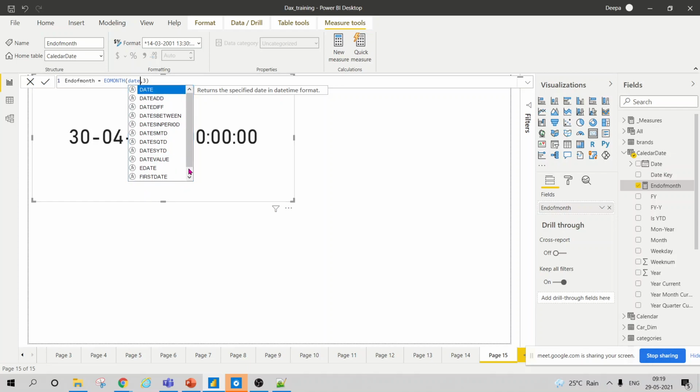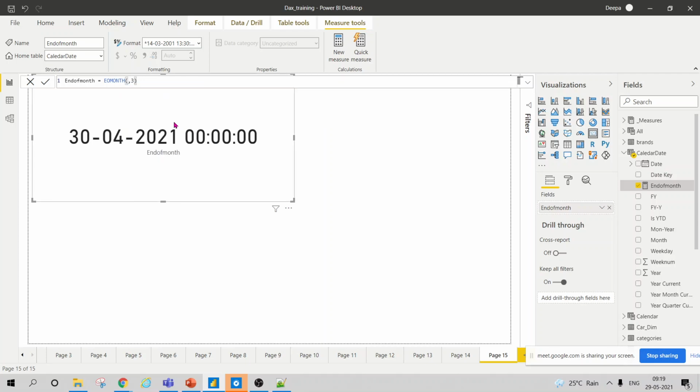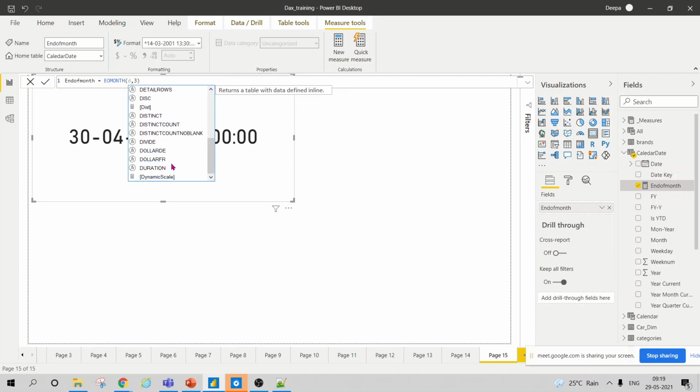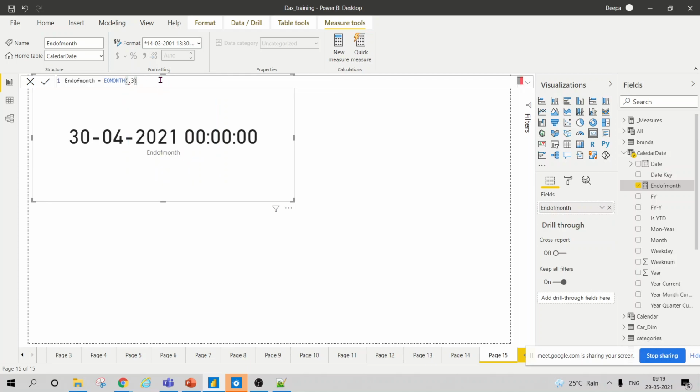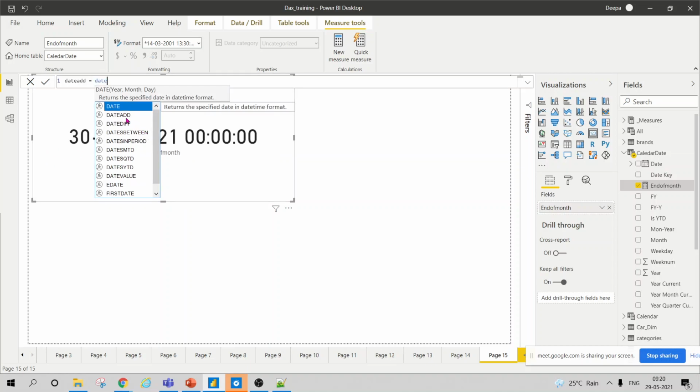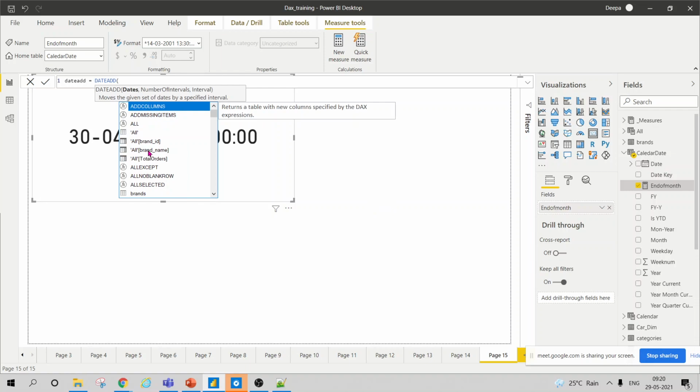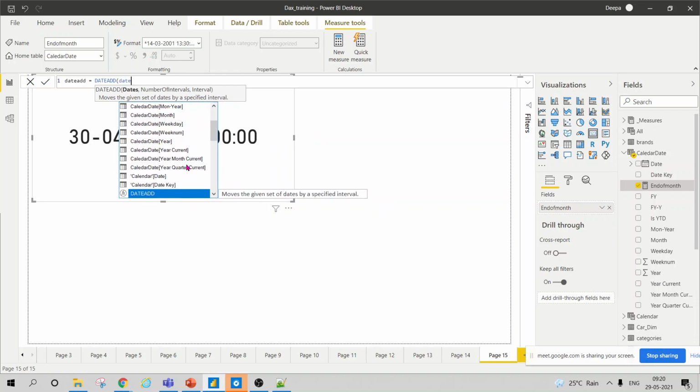Today Power BI is misbehaving multiple times. It is not showing me the date column. It was showing me for some functions, but not sure why it is not showing here. Okay, I'll check on these things. I will show you the DATEADD function. The DATEADD function always takes dates.